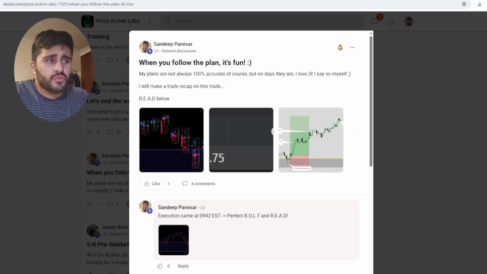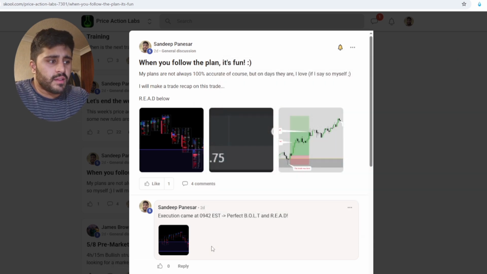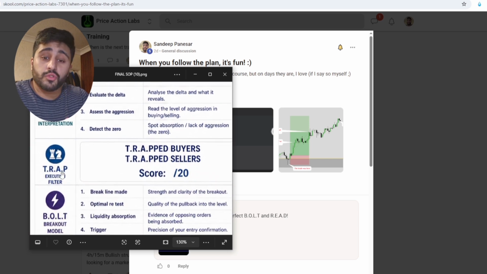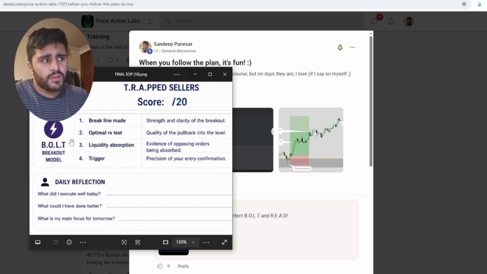Now, once you've gone through that, so we've gone through now the real-time reading recipe or the real-time reading blueprint, okay? Now, the next thing on the SOP is the trap filter or the trap execution framework, right? This works hand in hand with the bolt breakout blueprint. So what I'm going to do is skip the trap framework or the proof, and kind of combine them together. So if we look at the bolt breakout blueprint, this is essentially